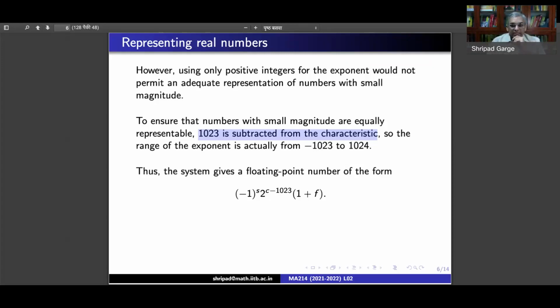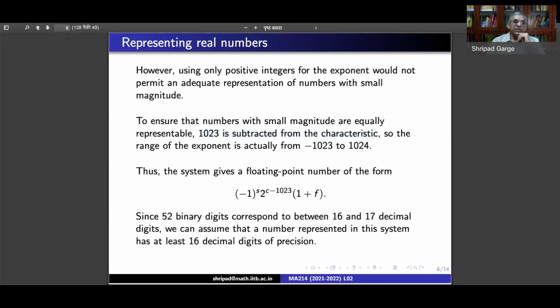So let's see an example of some such machine number. But before we go to this example, we have 52 bits now left to write the number. And 52 bits typically correspond to 16 or 17 decimal digits. So we have that big set of numbers that we can write with this number. 52 is a large number if you are writing it in terms of bits.